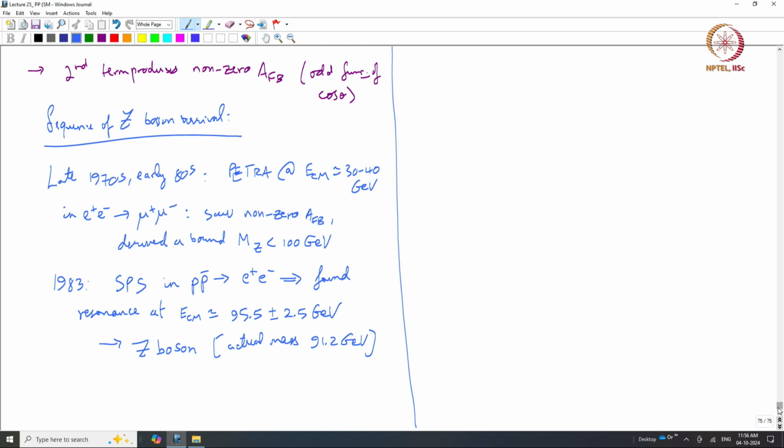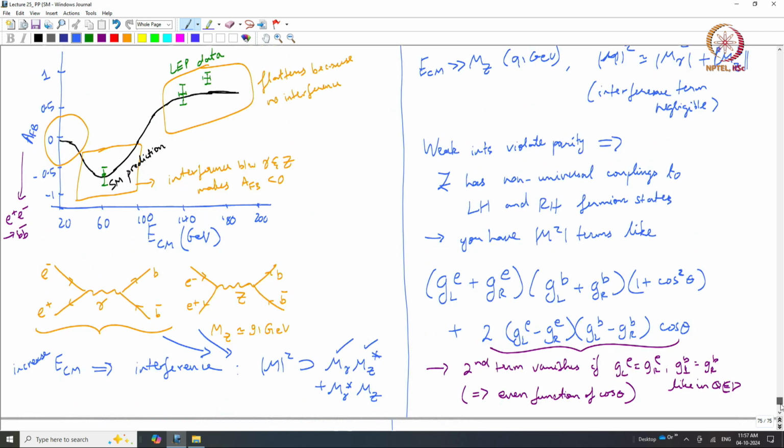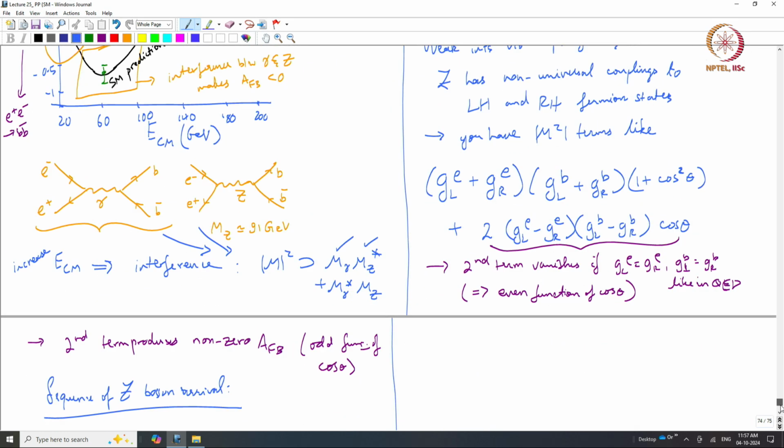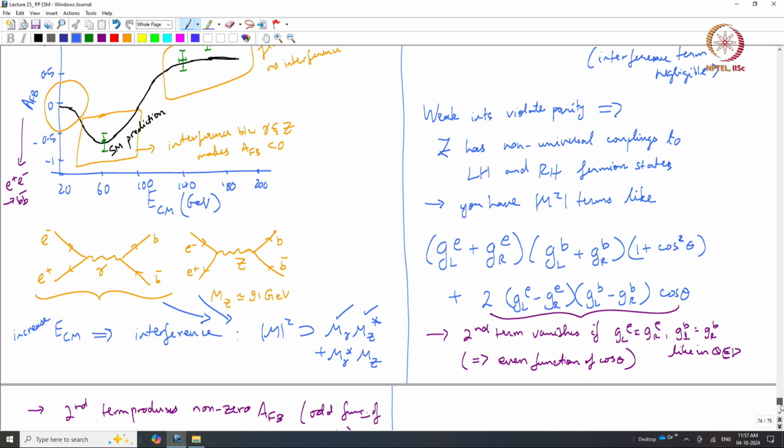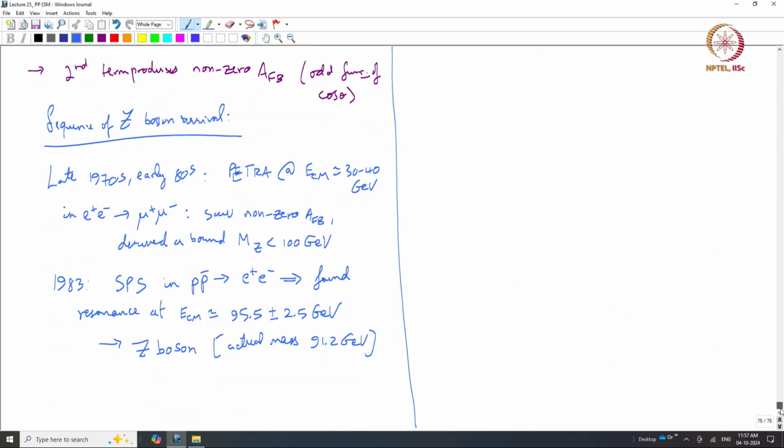So I think it's a very beautiful story that you start with, you look at some effects of it at low energies through quantum interference and by constructing this clever variable, and you know exactly the ballpark where the new boson has to be, and then you go build a collider and basically get the Nobel Prize. Okay, why? Because in 1984, the very next year,